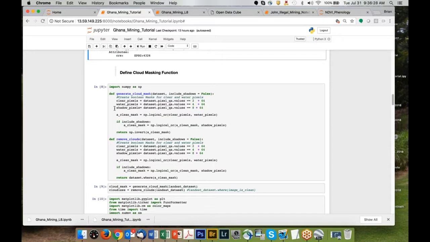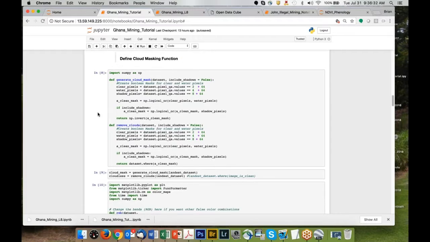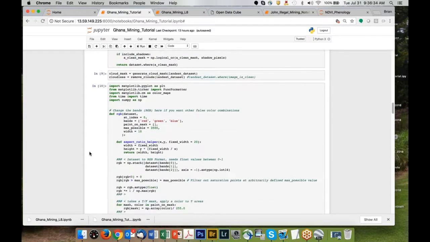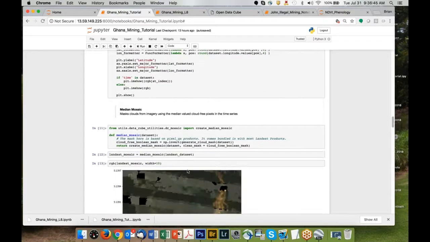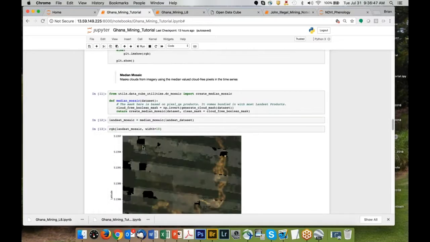So what we do is we'll walk through. You will not change any of this, but this is a cloud masking function. It's basically removing the clouds, and you can just follow the logic if you care to understand Python, but I never touch any of this. I only modify the location of the analysis, and then down here I might modify a few things about the